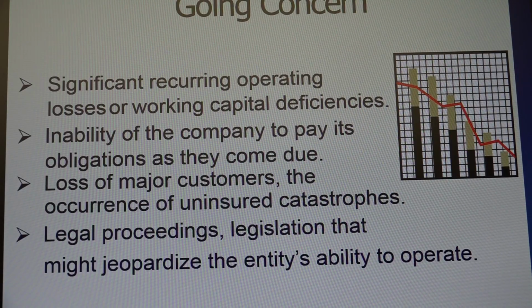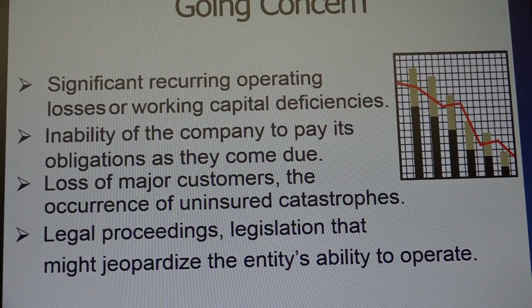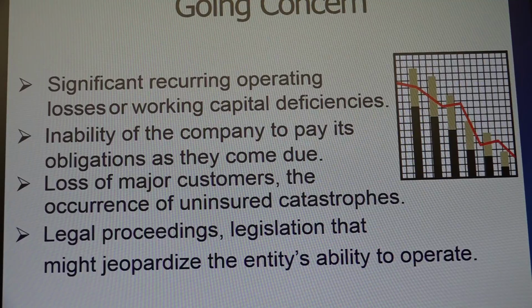You get some large judgment against you in a lawsuit that has to be paid back, that could really impact whether or not the entity stays in business or whether they have to liquidate to pay the debt. You know, let's say you're a mining company and the EPA is about to shut you down. Well, that's certainly going to jeopardize your ability to operate as well. So in that case, this is where, even though, and again, even though